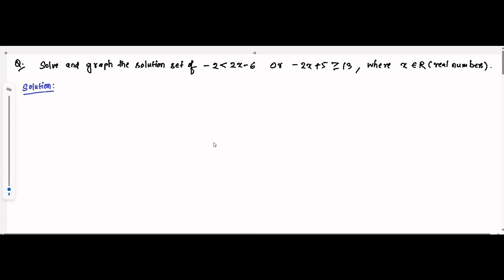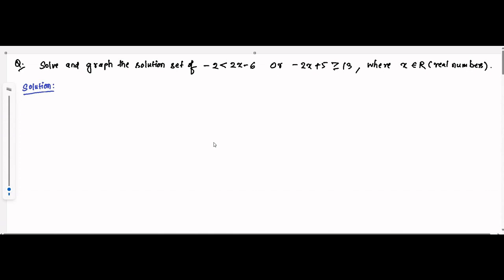So here is another question on linear inequations. We have to solve and graph the solution set of the inequation: minus 2 is less than 2x minus 6, or minus 2x plus 5 is greater than or equal to 13, where x belongs to the set of real numbers. We discussed a similar question where in place of "or" we had "and",